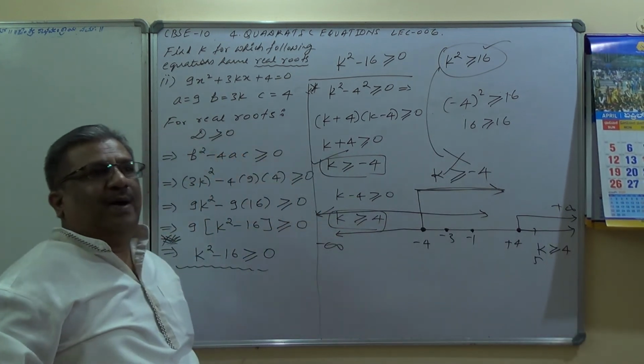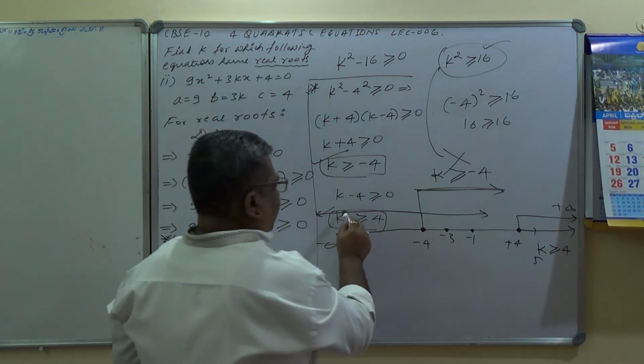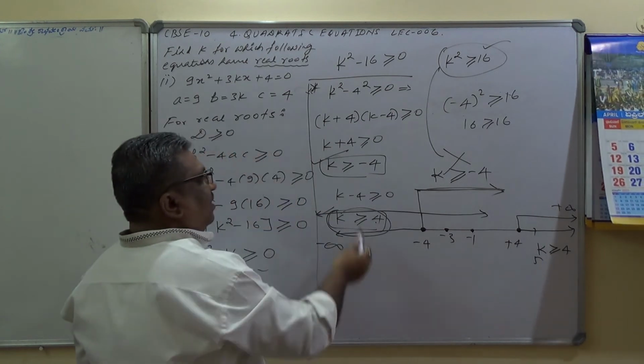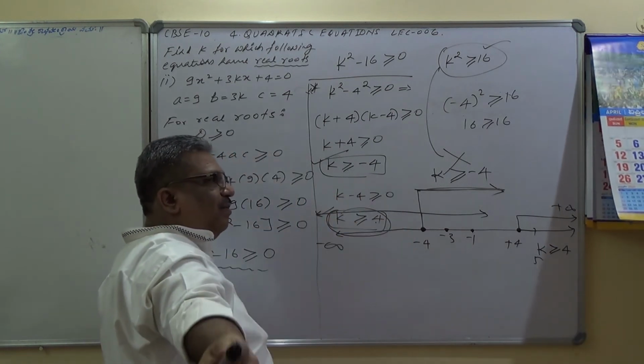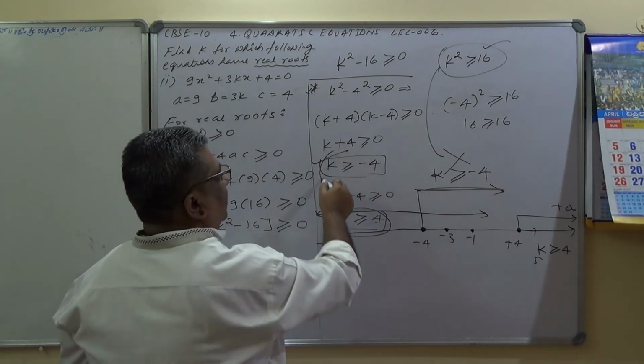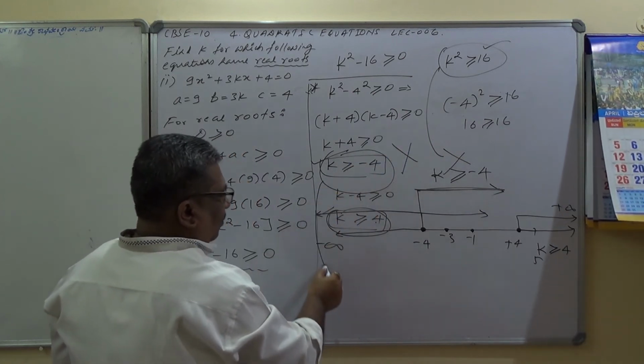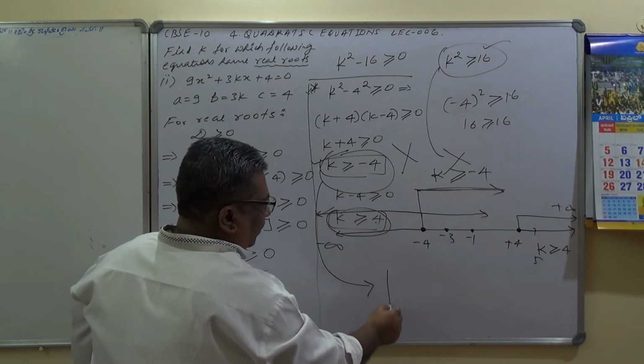And therefore, what are the values here? One condition is okay: k is greater than or equal to plus 4 required. But here, please remember, this is wrong, and what is correct here is k